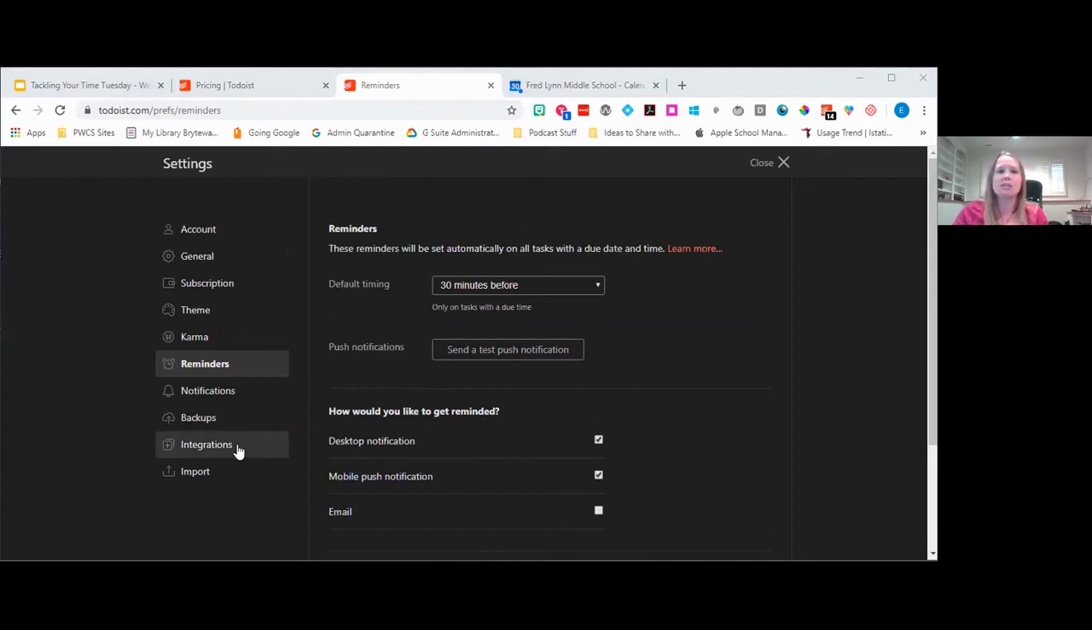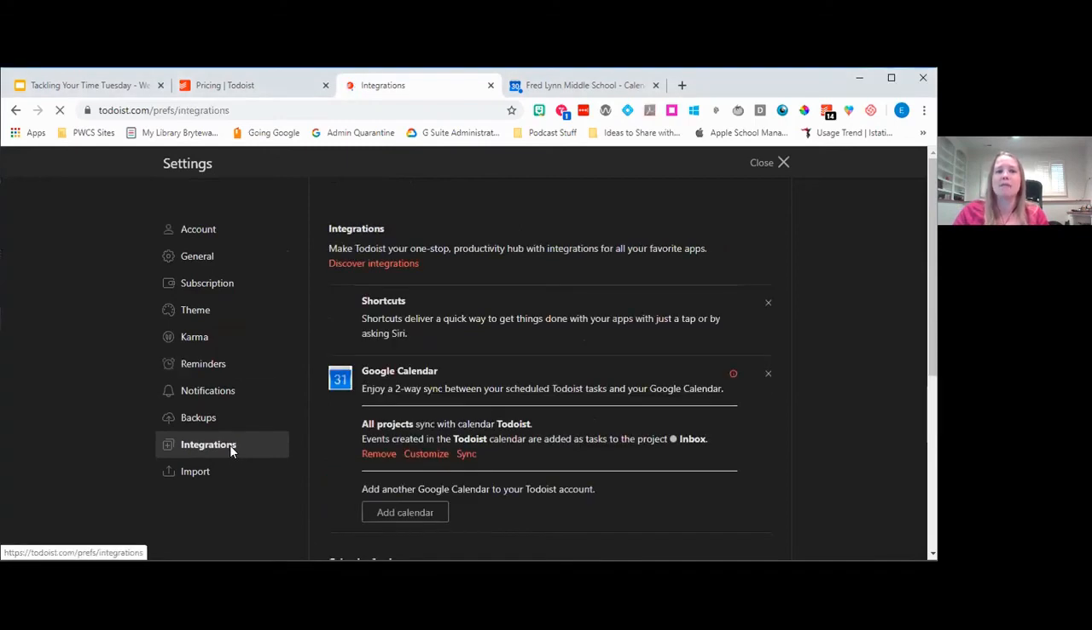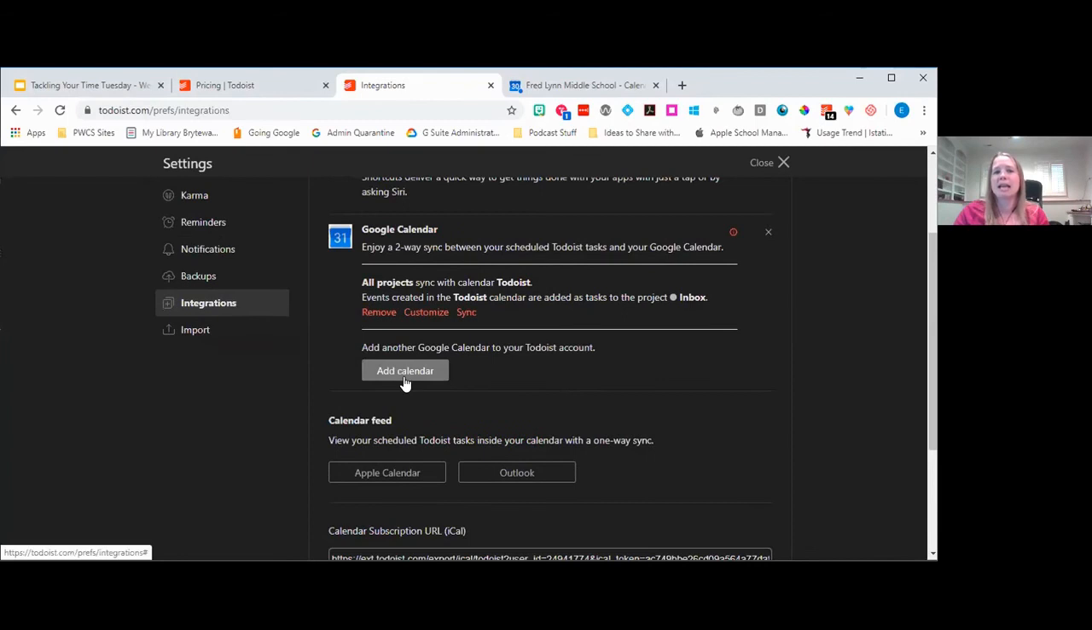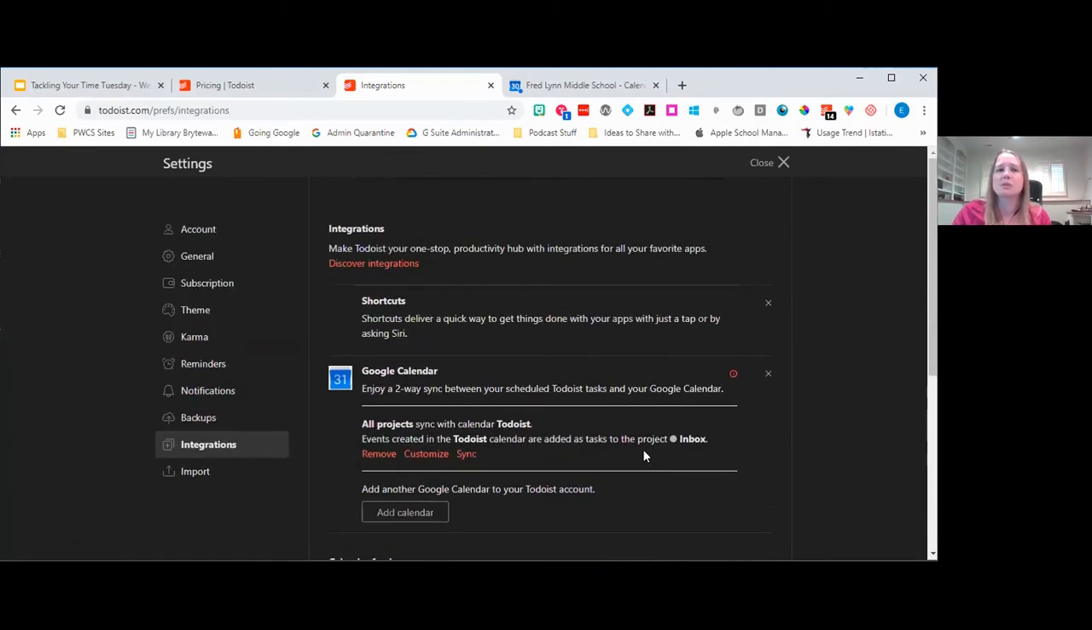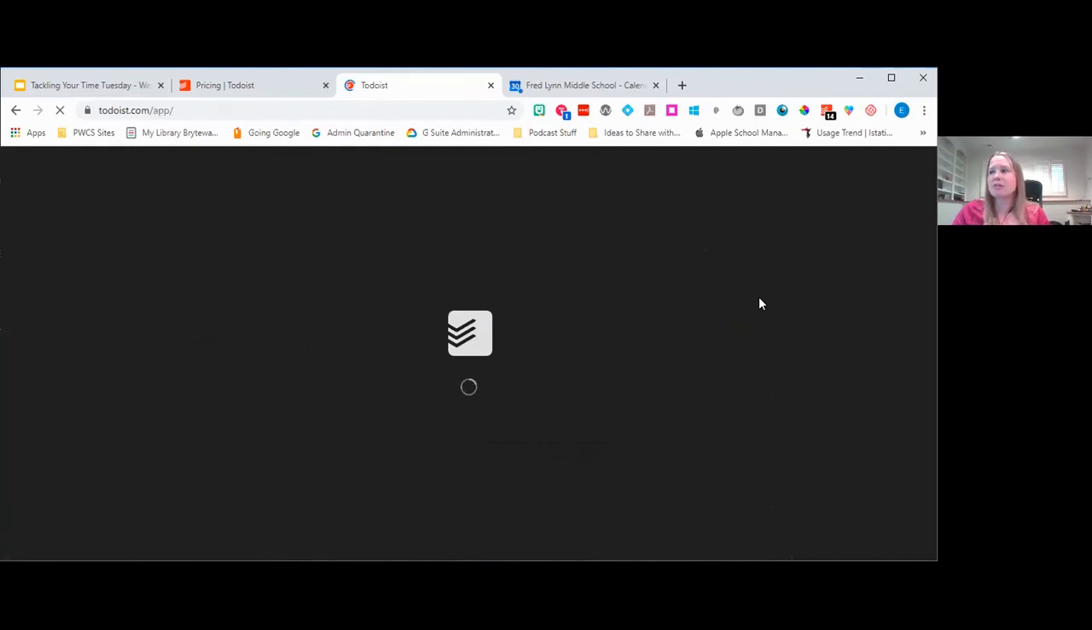Hack it real quick, just again, in integrations, you have the option. Here's where you can sync up your Google Calendar just by clicking Add Calendar, as well as your Apple or Outlook calendar. That's where those sync, under the settings and integration. If you want to see my Karma and my nerdery around that,